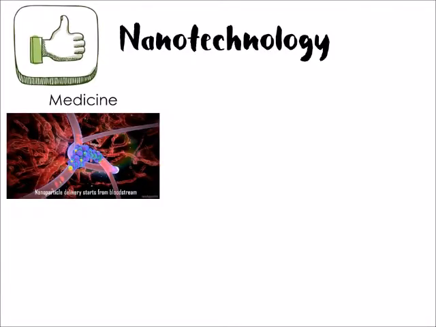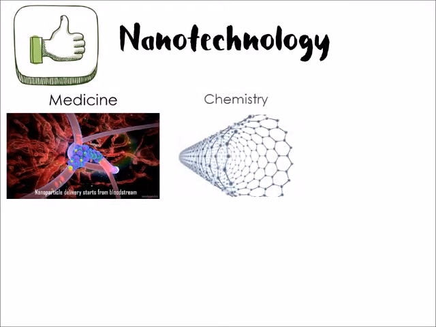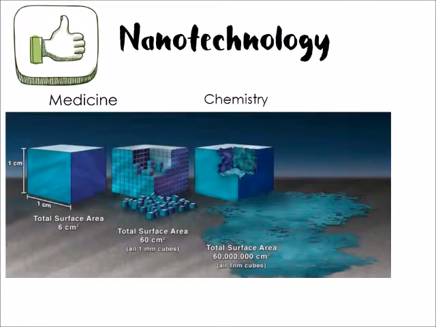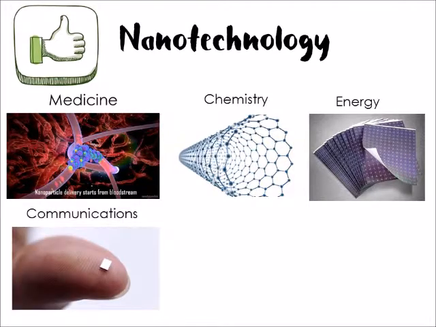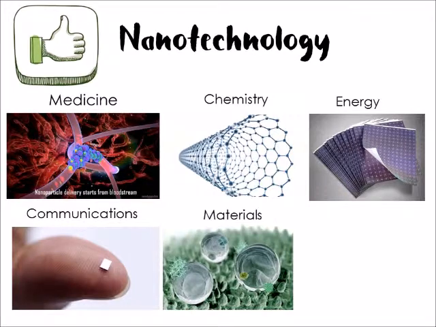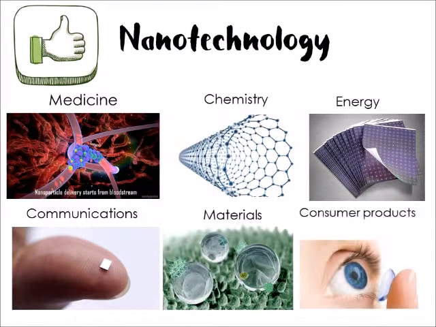So like any technology, there's a good and a bad side. So the good side about nanotechnology is that there's so many fields you can apply it to. For example, in medicine, you can have nanoparticles that deliver chemo right to the cancer cells. In chem, we've all heard about nanotubes, which are used to strengthen. This is mostly because as surface area increases, you have more area to cause reactions, so you get a lot more reactions and therefore many different characteristics. You also have energy, where you have a greater carrying capacity in a smaller area. Same idea for communications. And for materials, we can create incredibly strong coatings as well as super hydrophobic coatings, which we saw before. And even in consumer products, we could have contact lenses that never get dust in them or